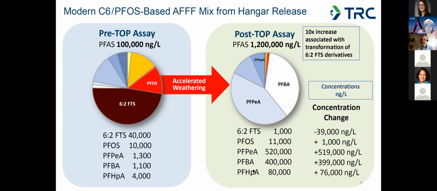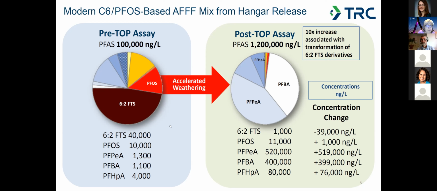So something else is breaking down besides just the 6:2 fluorotelomer sulfonate that we're not analyzing for, that's coming out as these C4, C5, and C7 carboxylates. And it's likely 6:2 fluorotelomer sulfonate with various derivatives. It may not be 6:2 fluorotelomer sulfonate itself, but derivatives of that compound. Also, it's expected the PFOS concentration did not really change. It did go up a little bit, but it just may be within the acceptable degree of analytical measurement error.